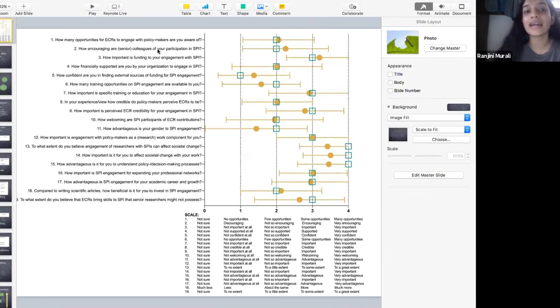Okay, so that's very quickly how one can go about analyzing the Likert scale. Basically, at a very simple level, look at the mean, median, mode. Look at it before, look at it after, and compare between before and after if there's an intervention. Otherwise, if there's no intervention, it's a one-time thing, you can just look at the mean and the median.